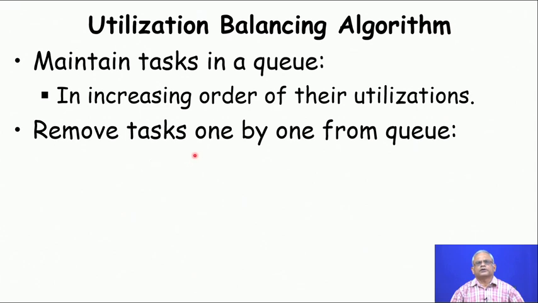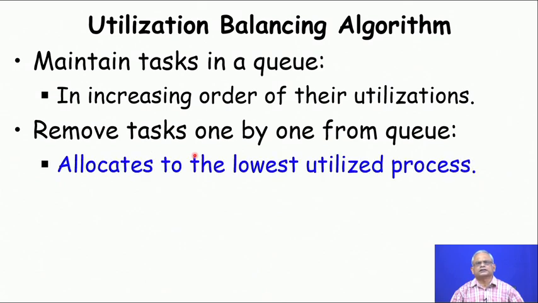We take out one task from the queue at a time and check which processor is currently the most underutilized. We assign the task to that processor. So, basically, a greedy algorithm. We look at the one which is currently the least utilized and then assign the task to that, and finally, we will see the utilization of the individual processors after the algorithm completes assignment